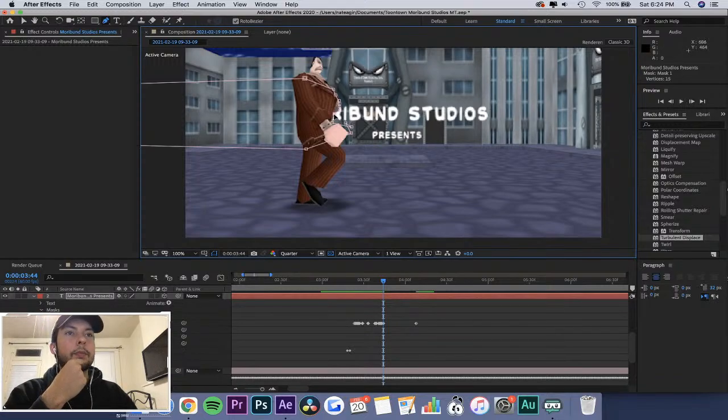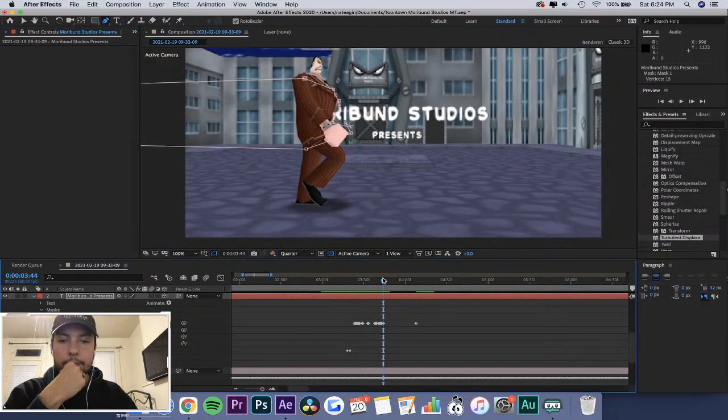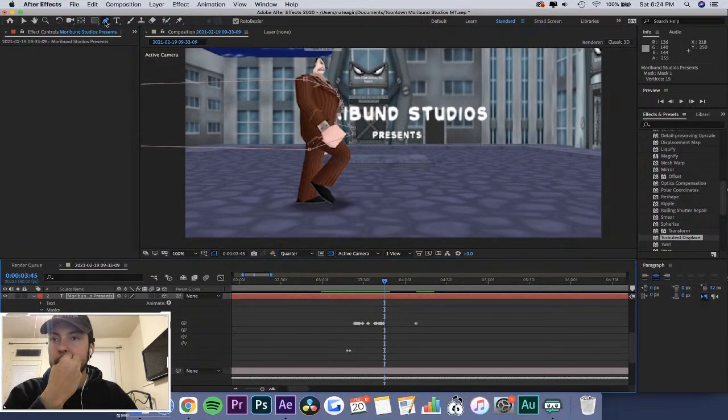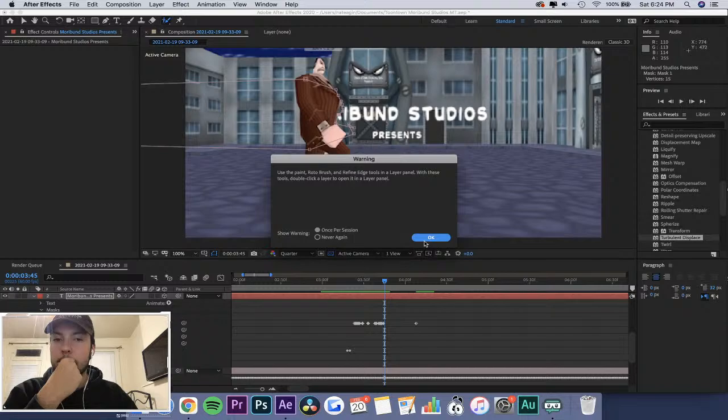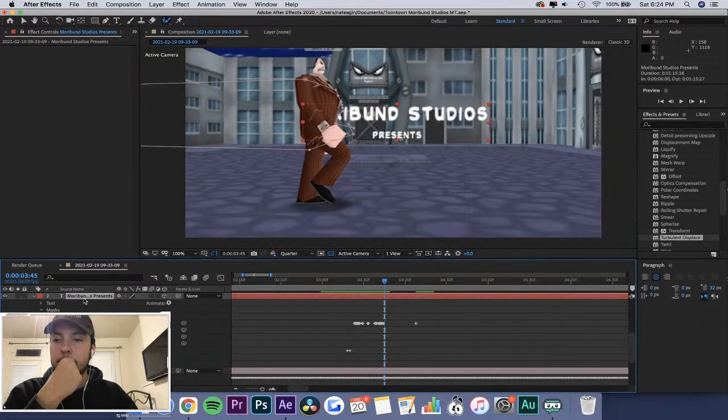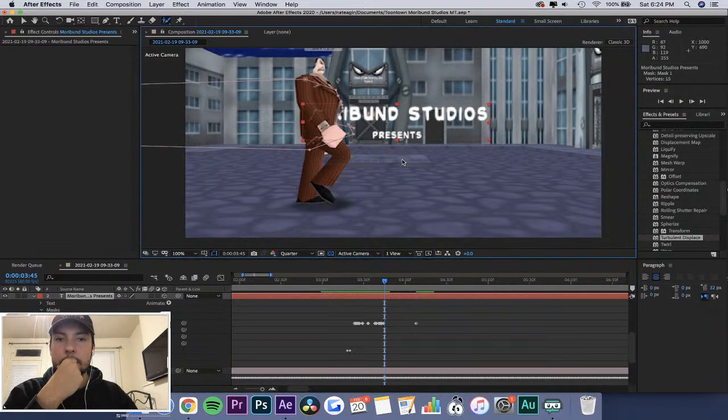There we go. Yeah, let me know how I can activate the rotor brush. Is it literally just one of these? Oh wait, right here. How do I use this? I just select all this?